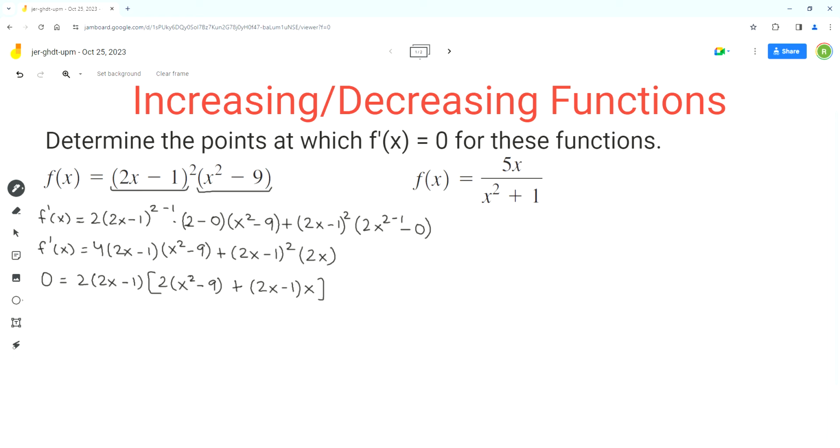Now we can simplify the expression in the square bracket. So we can distribute the terms in the parentheses. We can distribute the 2 and we can distribute the x. So in the next step we get 0 equals. We should keep the 2 and the 2x minus 1 as they are because we have to solve this equation. So we should not distribute those terms. So we get 2x squared minus 18 and then plus 2x squared